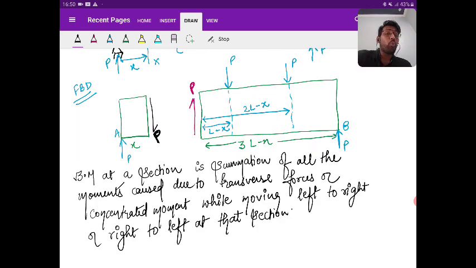Now what I am telling you is that it is an internal resistance. So how it is an internal resistance, you are going to understand. See, if you look in the left part, that is AH, you can see there is a couple. What is the value of that couple? P into H, or better if I say only the moment, don't look at the shear. I can see there is a moment of P into H. Yes or no? In which direction?